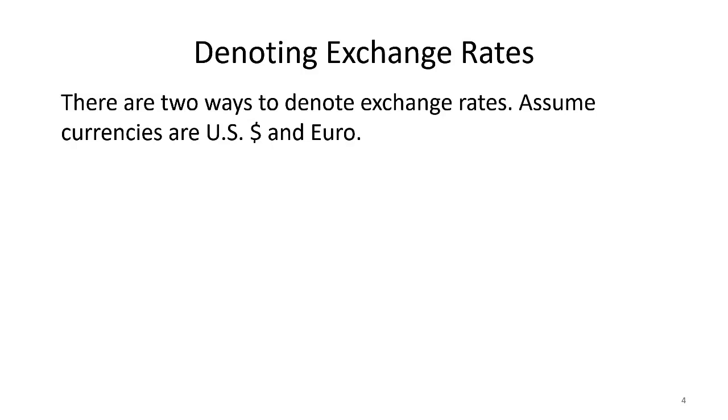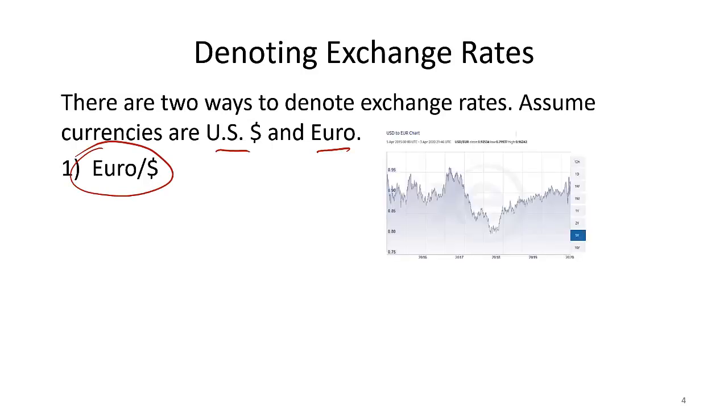Let's assume that there is the US dollar and the euro. The euro is the currency used in the European Union, and the US dollar is the currency used in the US. You can either show euro per dollar, that means how many euros $1 can buy. You can see here the exchange rate of euro per dollar during the period